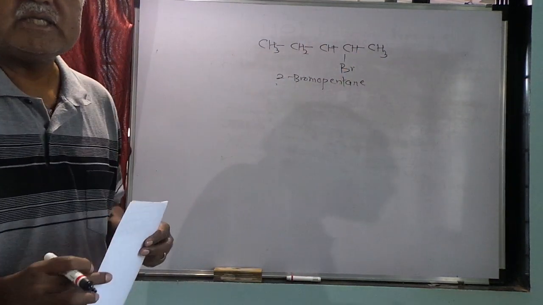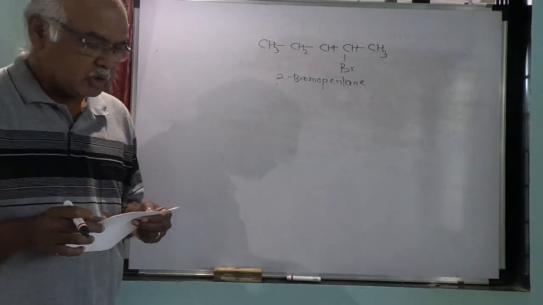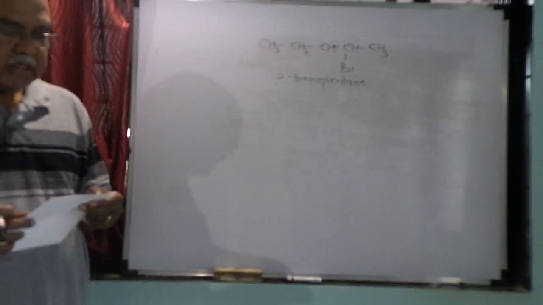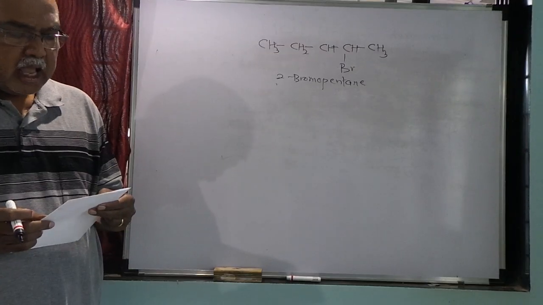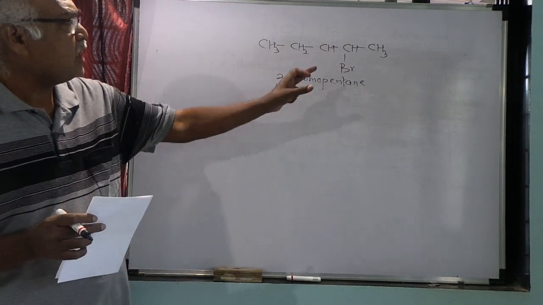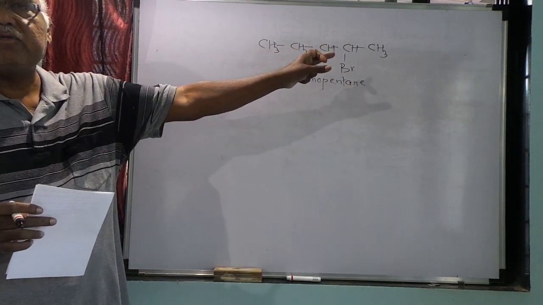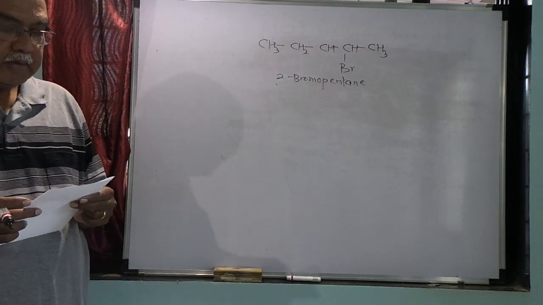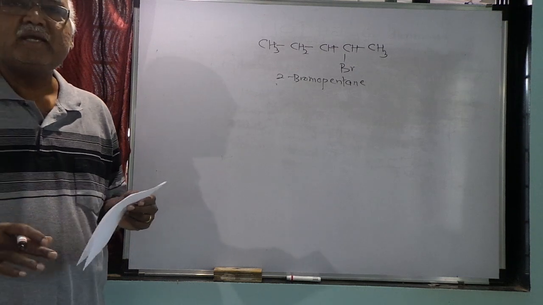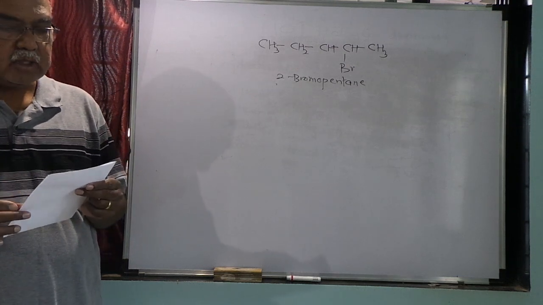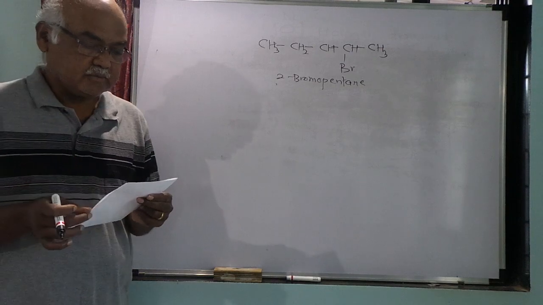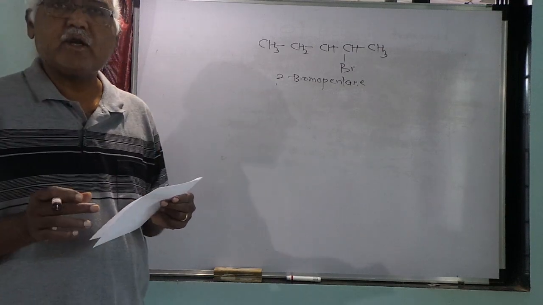2-Bromopentane. This is the first example. Now this particular compound is a haloalkane because there is a halogen atom and this is the derivative of alkane, so this is a haloalkane. That means you will say that this particular example is correct, or this is the correct option. But then we have to see the other options also.